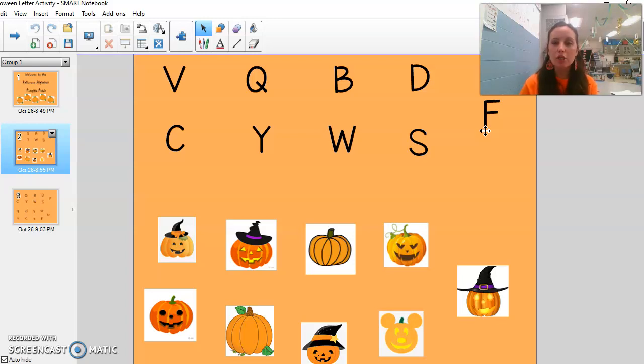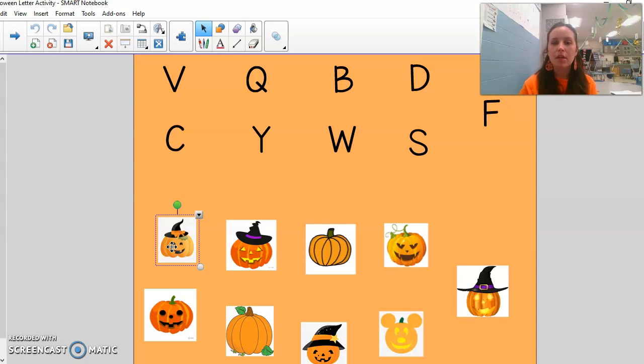So what we're going to do right now is on your piece of paper, you have a picture of every single one of these pumpkins. I'm going to call out a letter sound, and you're going to pick one of these letters up here to write beside the pumpkin. Okay, so I'm going to call out a letter sound. All right, the first letter sound is the letter sound